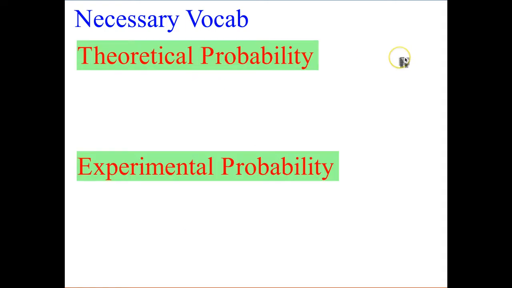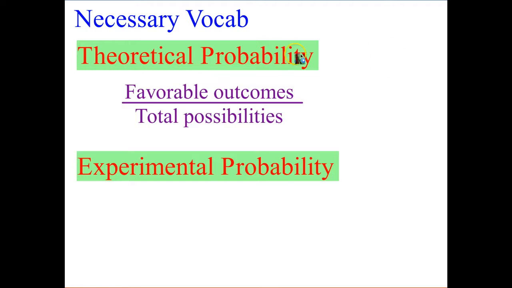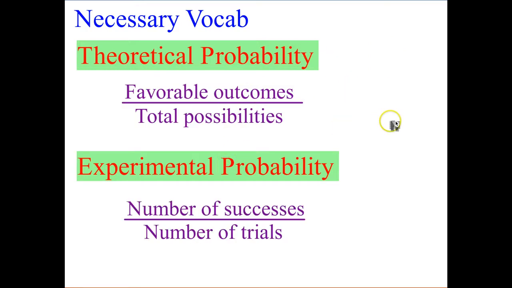There are two different types of probability that we're going to use. Theoretical is when you just look at it on paper. This is what's supposed to happen. Experimental probability is when you actually try something out, and this tells you, this is probably a little more realistic. Okay, so